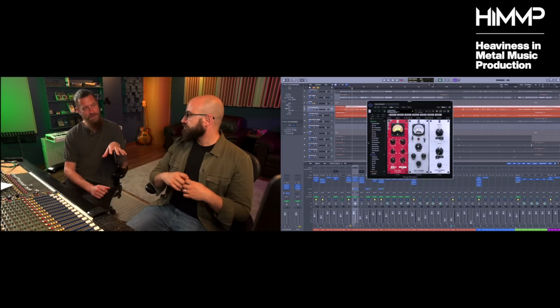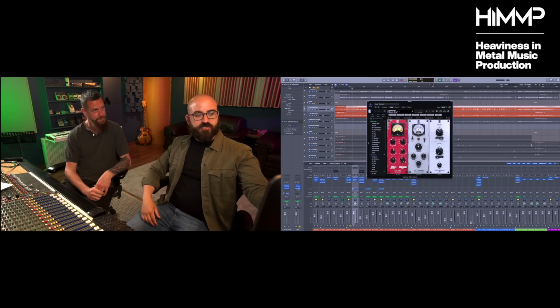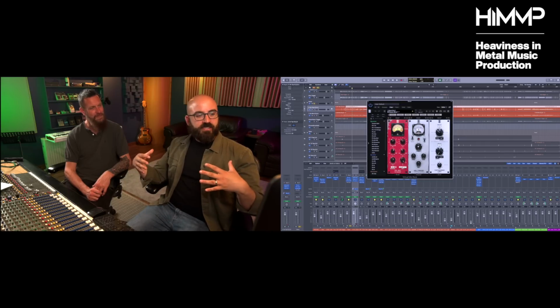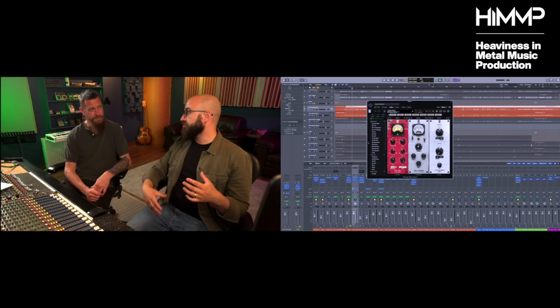Sure. And then your snare aux that you've got there that you're feeding the top and bottom to, are you also feeding the room sample to that as well? I'm not, because that's separate. I don't want the room sample going through this very hard, slow attack compression, and I want to be able to EQ that separately. So as you can see here, I'm using this presence knob again, which I think is kind of like a 4.5K lift on the snare, just to make the snare drum cut through the mix a little bit more. And that would be something I'd dial in with the whole mix playing.